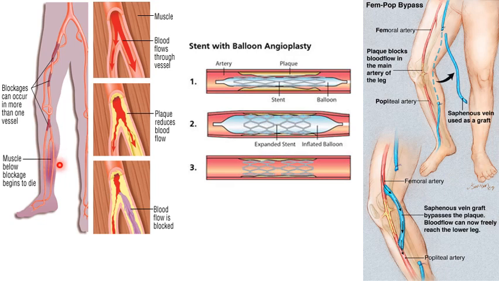To overcome this, a stent with balloon angioplasty will be sent and inflated at the plaque so that it increases the diameter of the blood vessel, and the stent is left in place and the balloon is withdrawn so that the diameter is maintained. This is one way of treating these obliterated, occluded arteries. Another open procedure is that the saphenous vein, you can see it here,